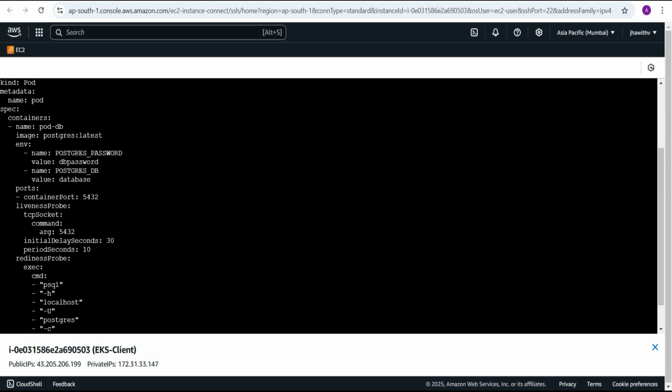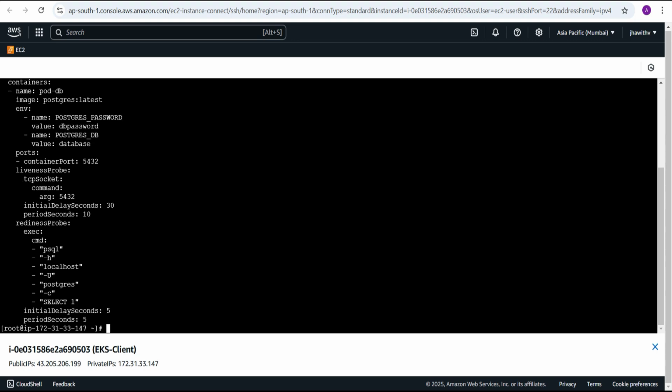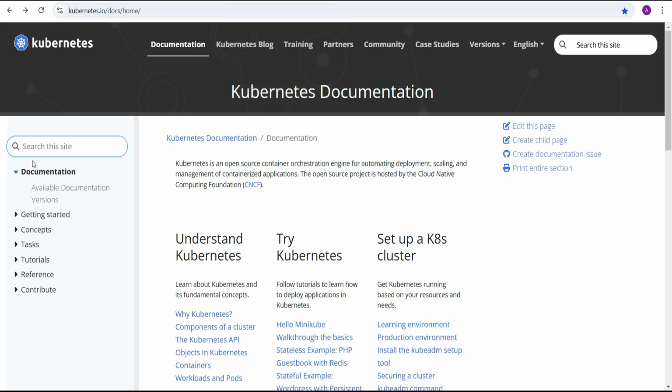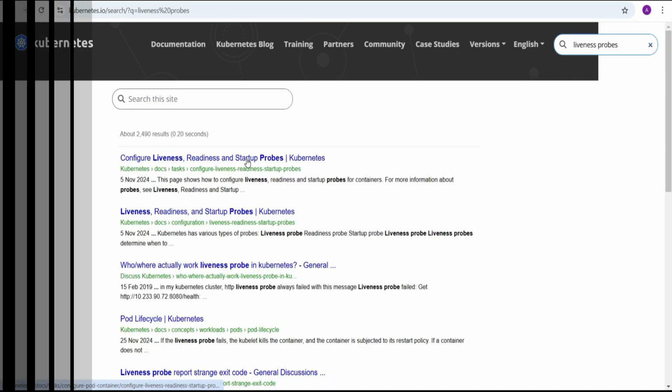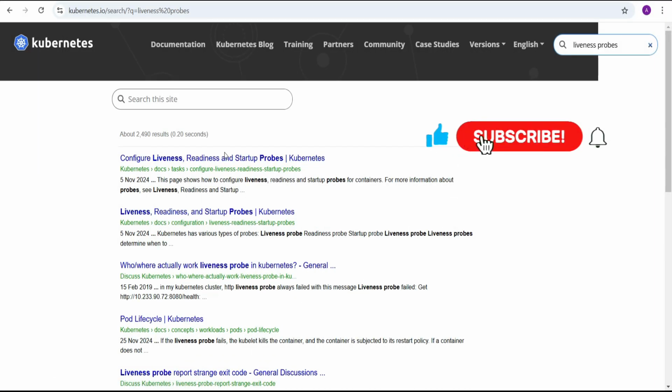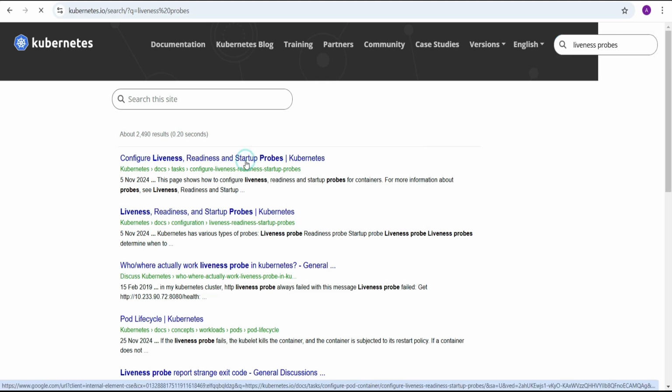Okay, so liveness probes use the TCP sockets and some commands, and readiness probes execute some commands. So I am going to check for the readiness probes in the documentation, or liveliness probes, whatever it is. First I am going from the last, because I see some problem there and I am going to fix it. Okay, so